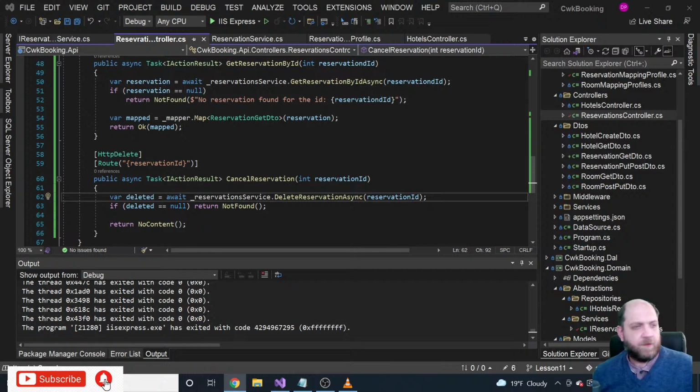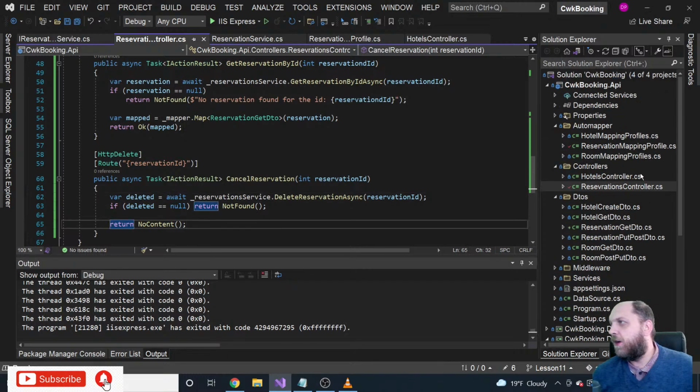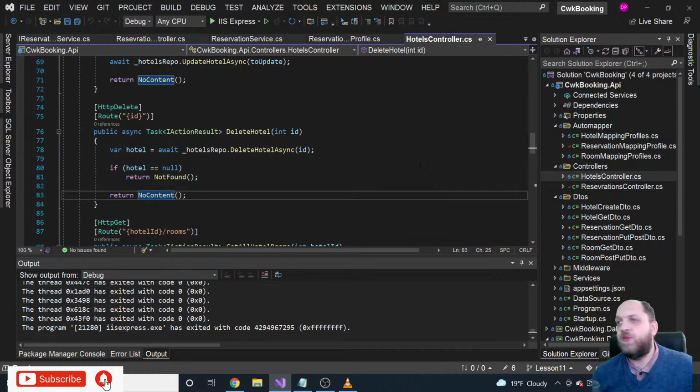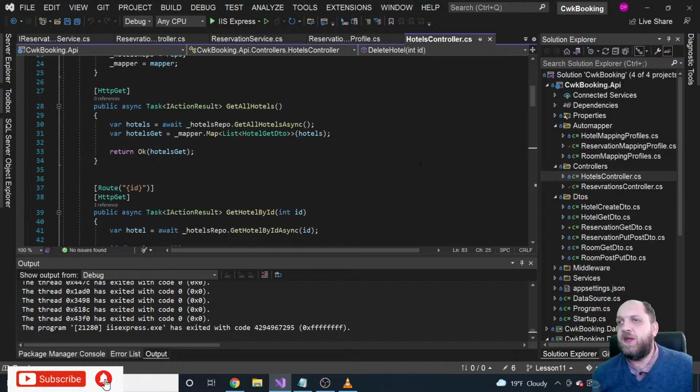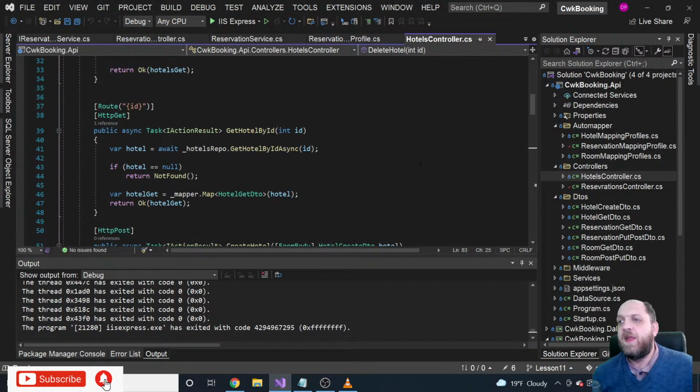Okay. So what actually do we need to do next? I said that there is one other thing that I would like to cover in today's lesson, and that one is actually model validation. Because what happens here, and for this I'll go over to this hotels controller just for a while, is that when we talk about model validation,